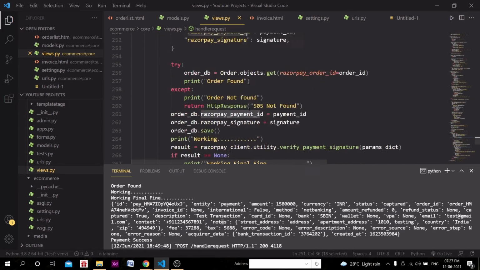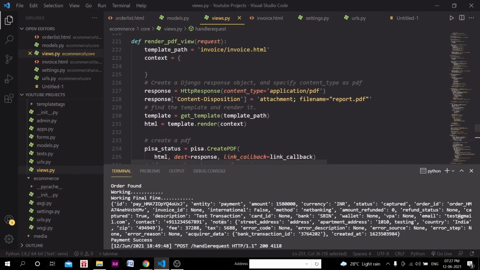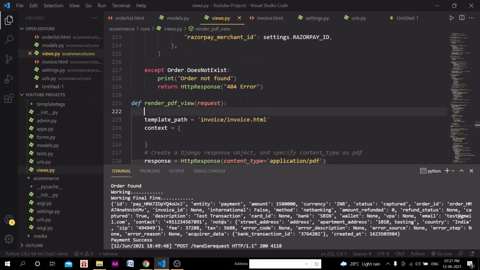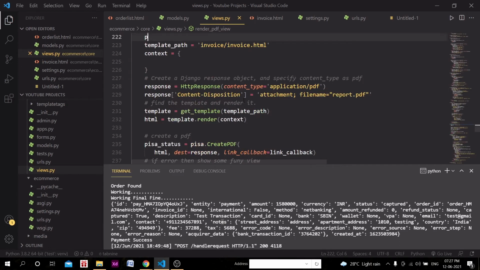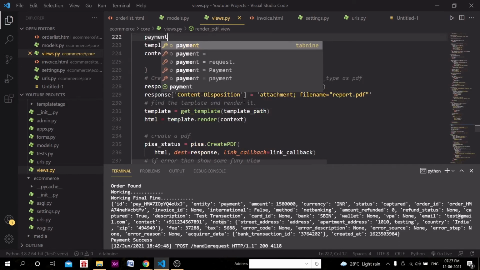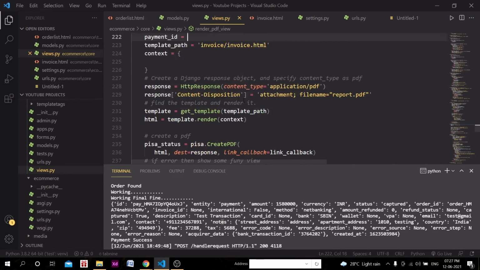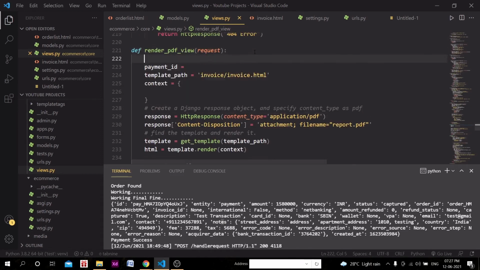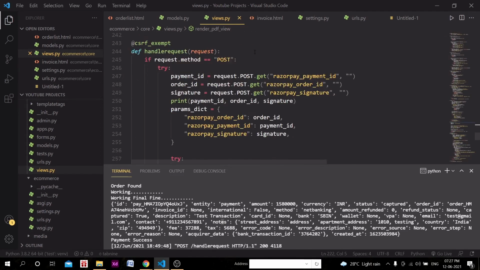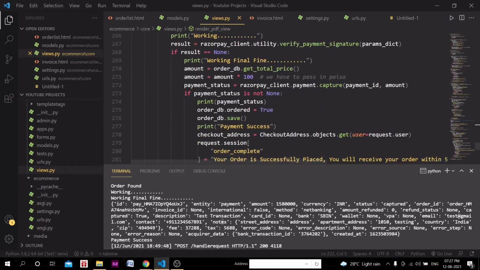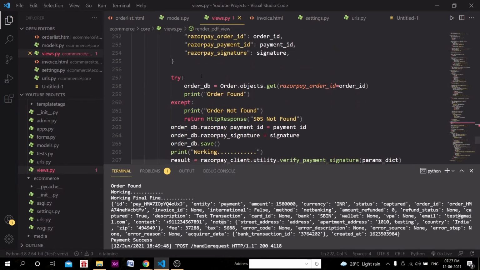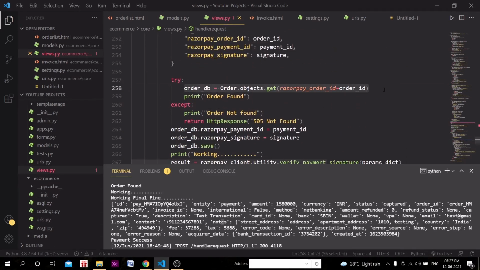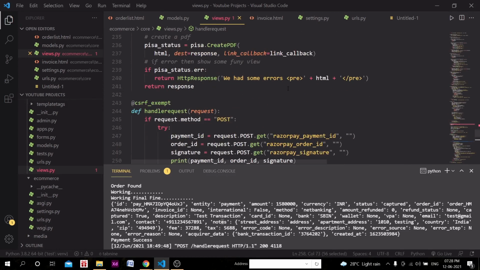So what we can do here, before render PDF view, we can have the payment ID, right? So payment ID is equal to, and before that we need to grab that order object also, right? So I will just do this order object. We'll grab this order object from here. Where is the order DB? Okay, so order DB equal to order object dot from get total.